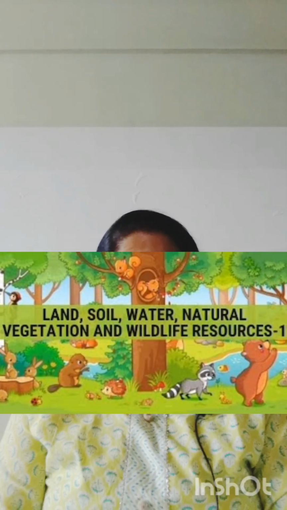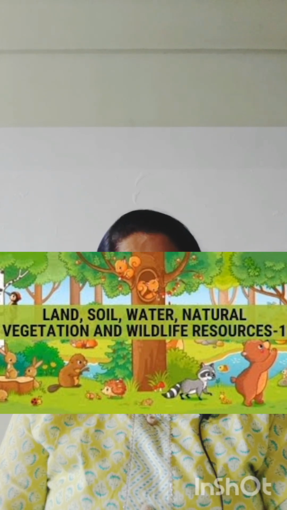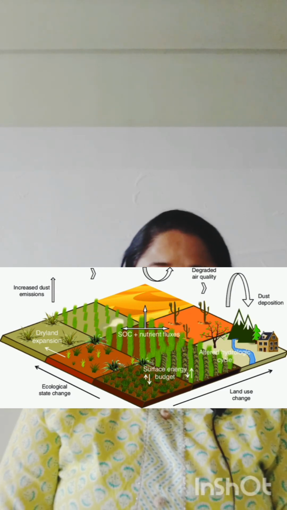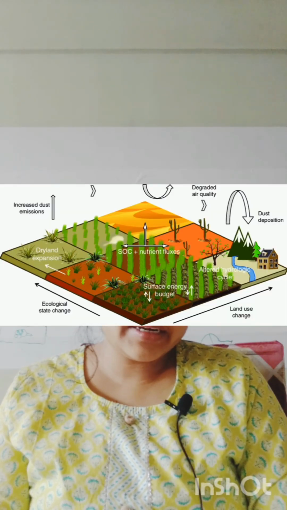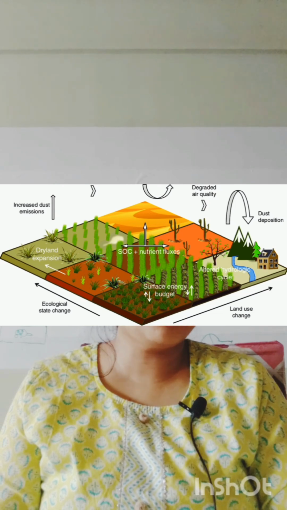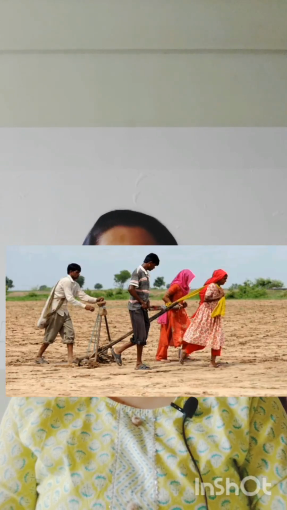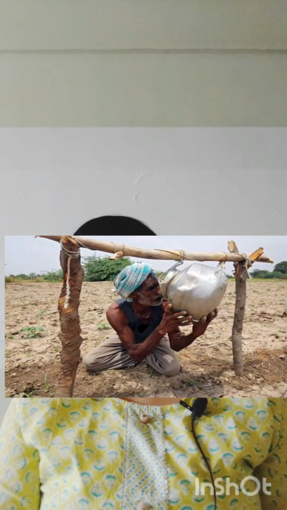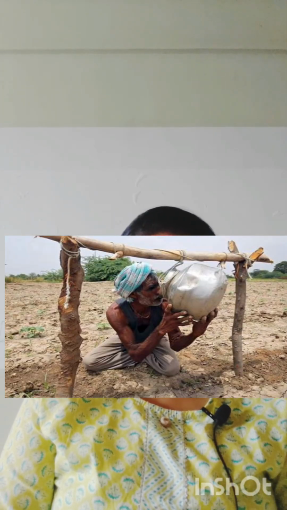Forest is considered essential for the maintenance of ecological balance. It is the home for millions of lives: animals, insects, and all the vegetation life. Next one, the wasteland and other non-agricultural land. Wasteland includes the rocky areas and the desert area, and other non-agricultural land is used for settlement, road, railway and industry. So we are using the land in different ways,